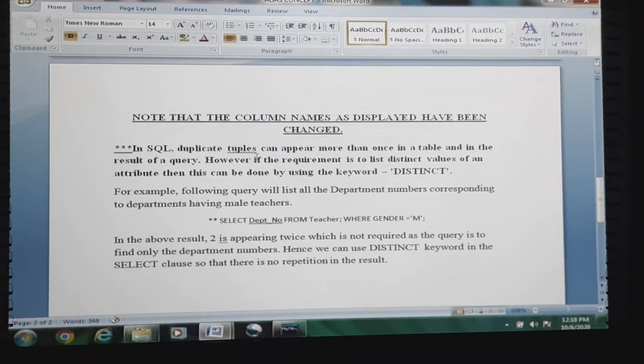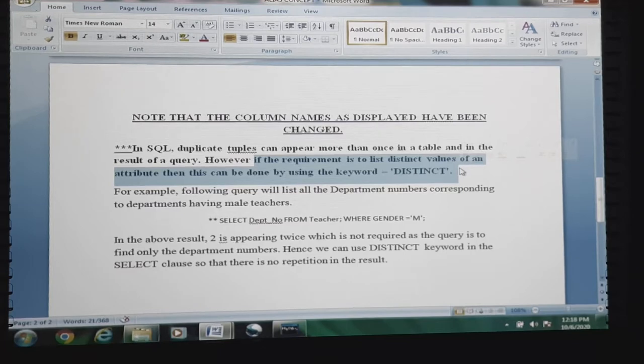Apart from this, if the requirement is to list distinct values of an attribute, then this can be done using the keyword DISTINCT. Sometimes in SQL, structured query language, duplicate values might appear. Whenever we do not place any constraint, say primary key or not null or default, on an attribute, there might be a possibility that duplicate values appear in a table.